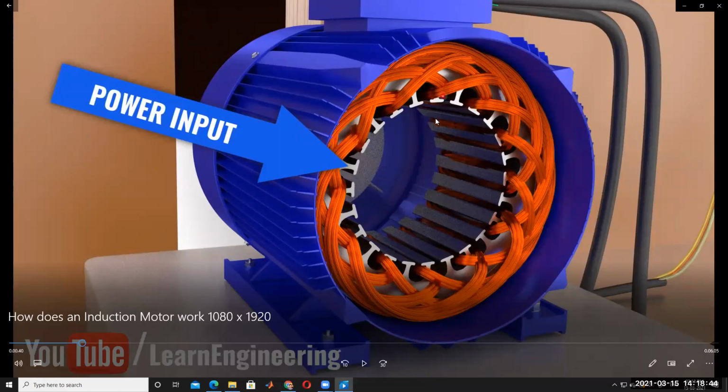Because of induction, the EMF, current and torque are developed in this rotor. Based on induction only, this EMF, current and torque force are developed in the rotor, and the rotor rotates according to the Lorentz law and also Faraday's law. According to Faraday's law, this rotor is rotating in the same direction as the rotating magnetic field. If the rotating magnetic field is rotating in a clockwise direction, the windings are not rotating. Understood? The winding is stationary, but the magnetic field is rotating.